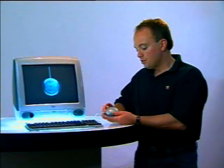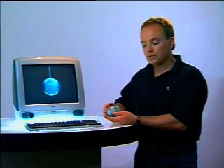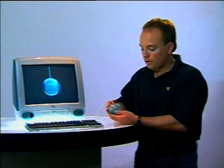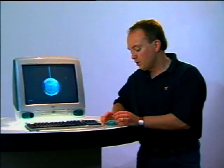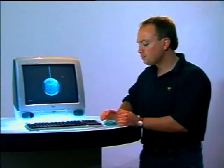And it's not that there's not any fun with this mouse. This mouse has translucent materials, and we actually have a multicolored mouse ball in there so you can see inside, and if you're incredibly bored someday, you can move the mouse around and see through the translucency and see the multicolored mouse ball in the mouse. So,